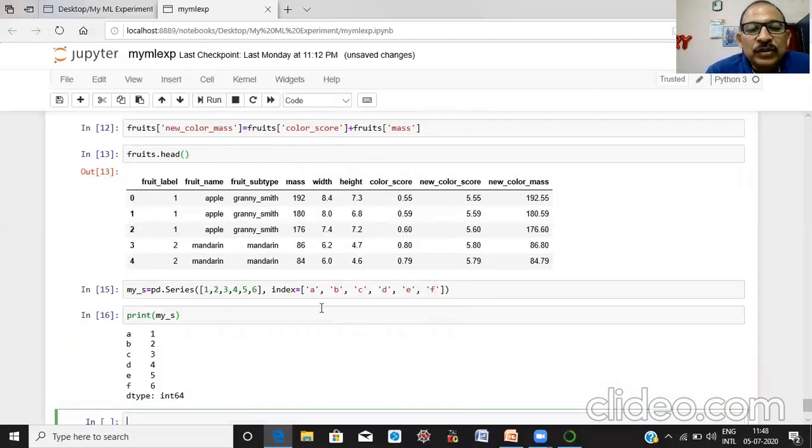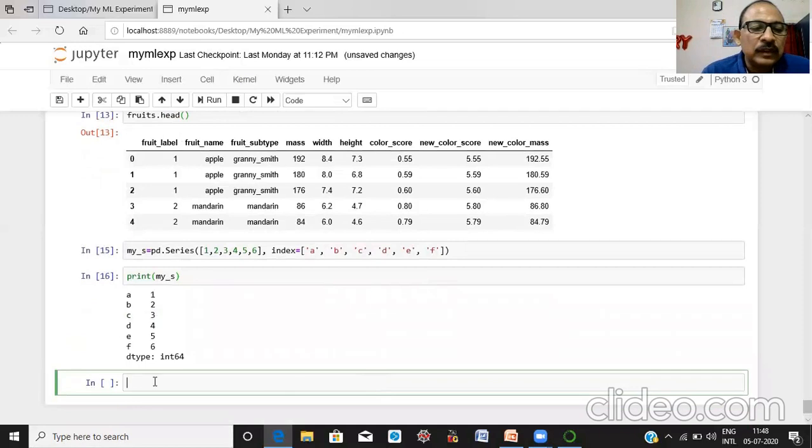Okay, here you can see index is optional. The index of one is A, B, C, D. These are the index. Okay, now again we are creating a series, my list, without index.